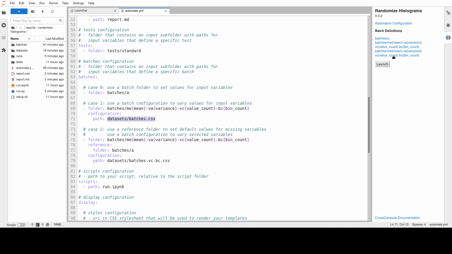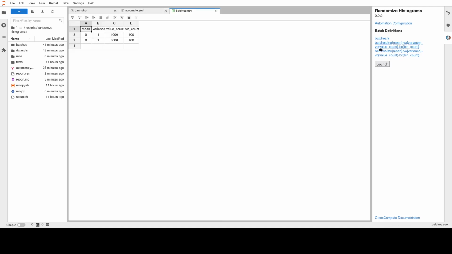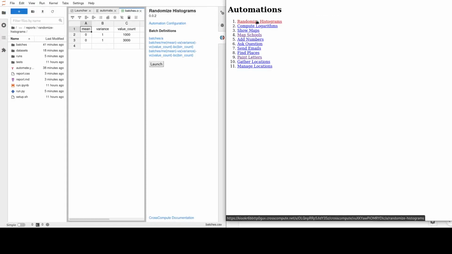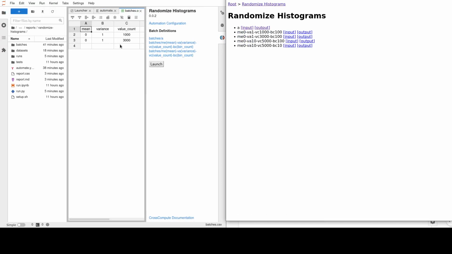So you see, let's take a look at the spreadsheet. So here we've defined 2 runs where we varied value count, and you can see that those runs reflected here. So let's say we wanted to add a 3rd run where the mean is 10, the variance is 2, value count is 5,000, and bin count is 200. So let's save this and run our